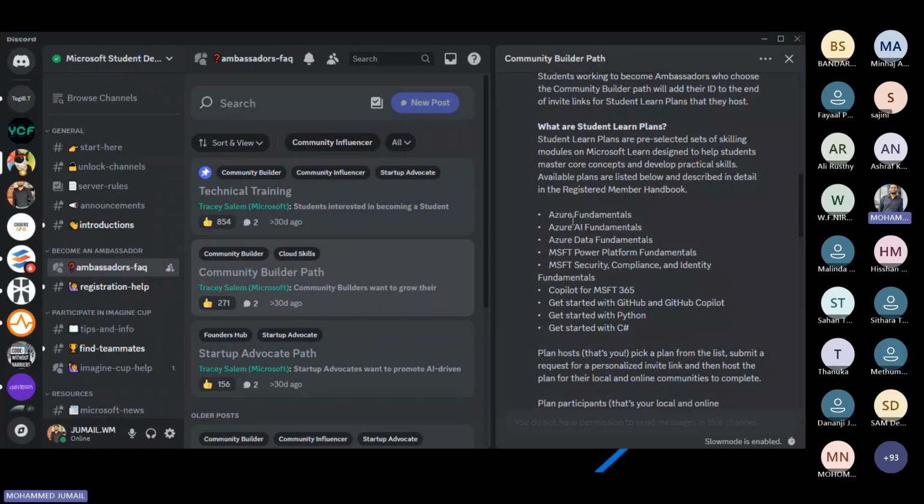You can see Azure Fundamentals, Azure Data Fundamentals, Microsoft Power Platform Fundamentals, Microsoft Security, Compliance, and Identity Fundamentals, and Copilot for Microsoft 365.